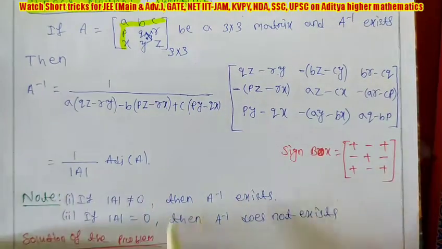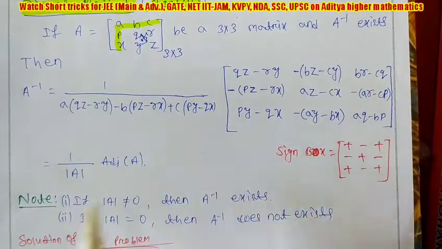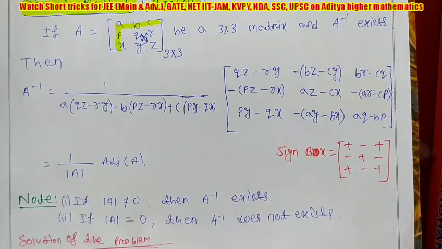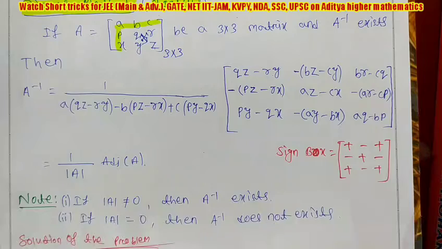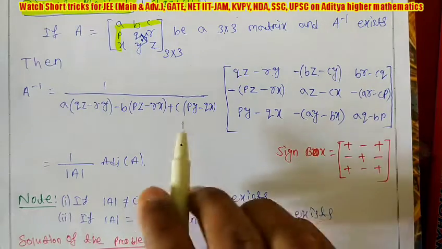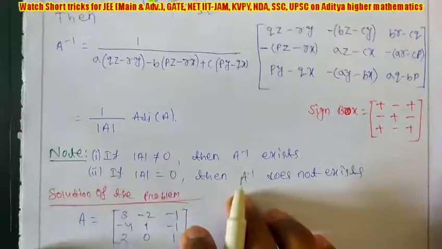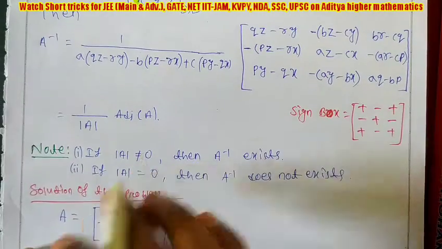So this is the formula for A inverse, and this matrix is also called the adjoint of A. But for the adjoint of A, you need minors and cofactors, and finding minors and cofactors will take more time in an objective exam. So directly apply this trick, and it is a very important trick. In all types of textbooks or videos, you never get such a formula as what I am giving here.